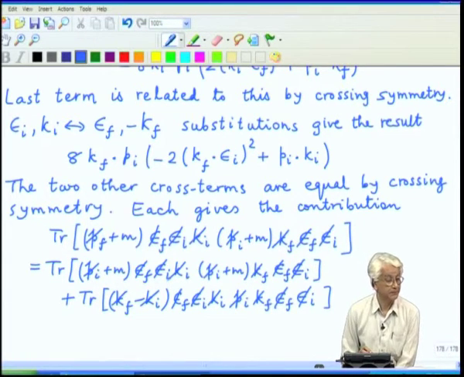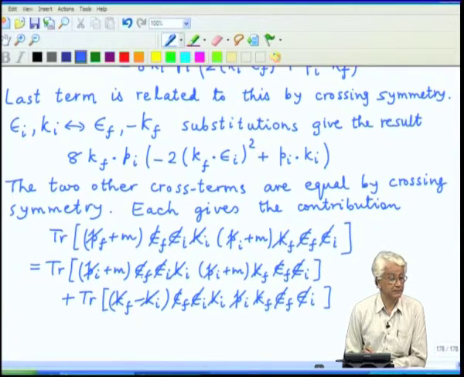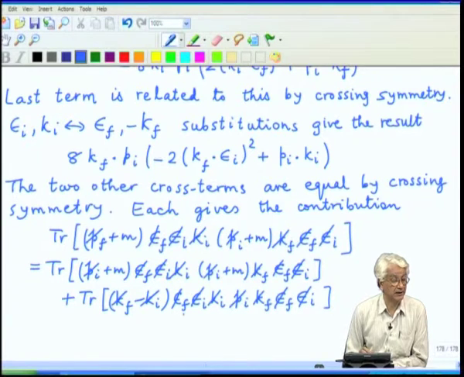For example, this contribution of epsilon I slash k I slash can be written in the opposite order with k I slash epsilon I slash with a negative sign, and then epsilon will have 0 product with p I slash again, etc. And that procedure can be now continued